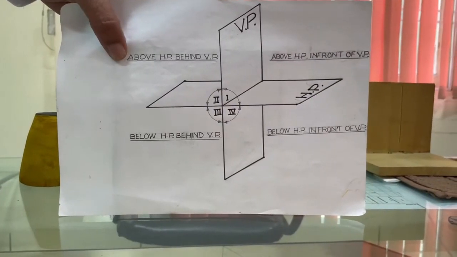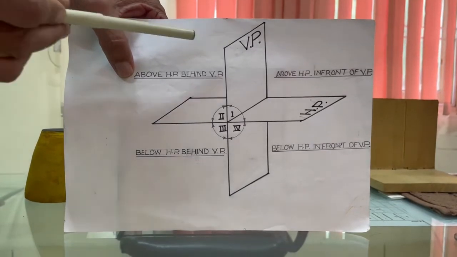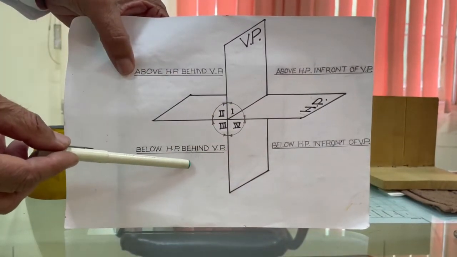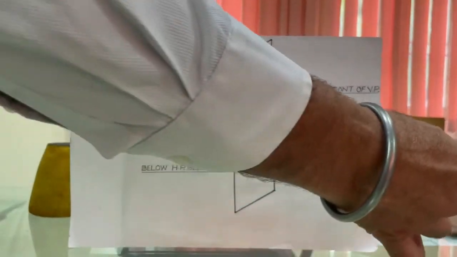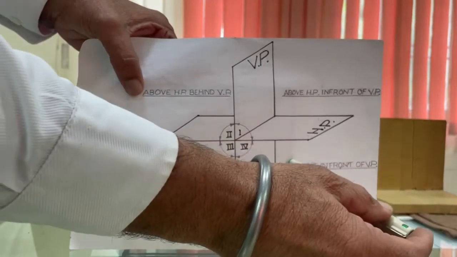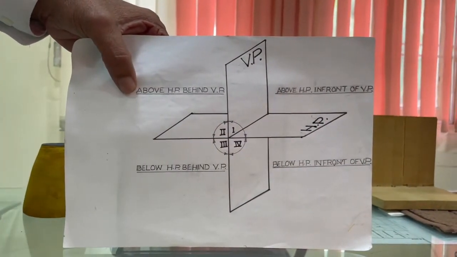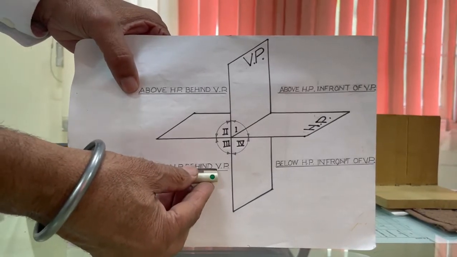Now we are going to start the third angle projection. So it is very much clear over here. This one is my first quadrant. Now this is my third quadrant. Here you can see the observer will always be on this side, in front of this. So here I have to place the object over here, in the third quadrant.